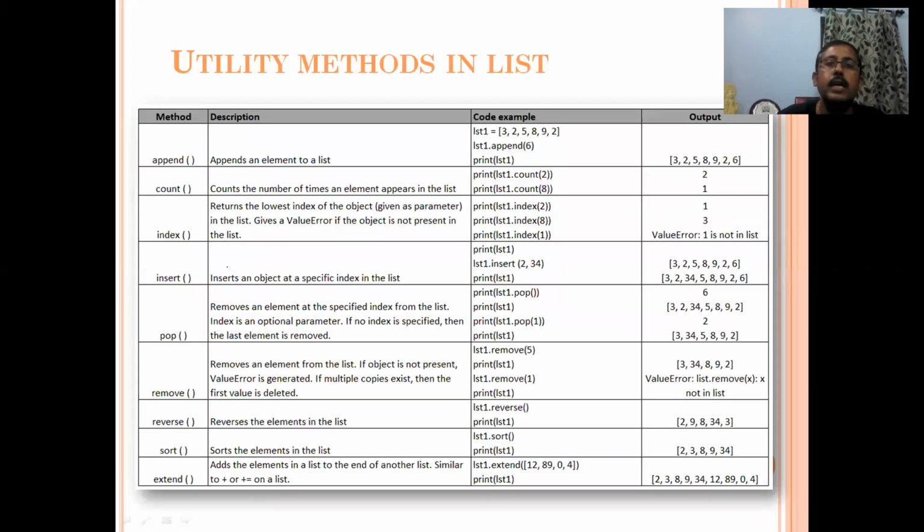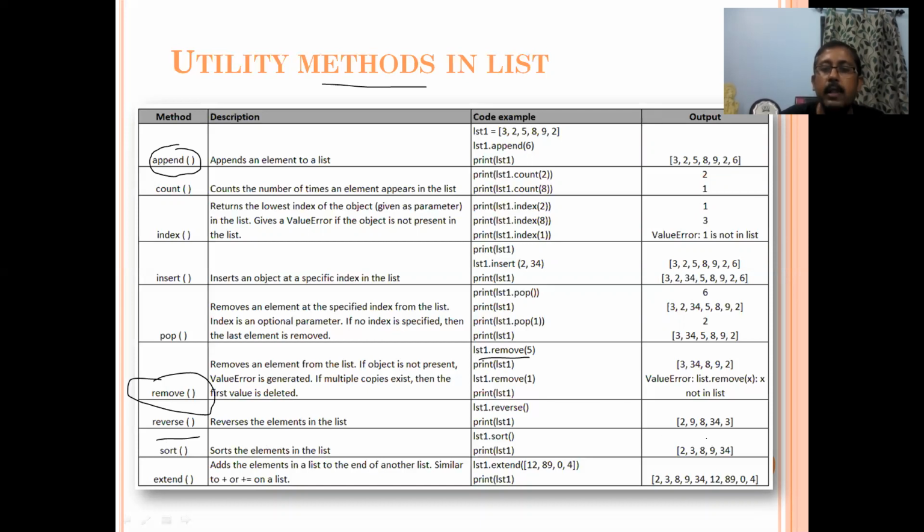Like this, we have a set of utility methods or functions in a list. We have seen some of them, like append. We have already seen how to use append. Like that, you can use remove. If you want to remove a particular element from a list, you can do that, right? You can use the other functions like reverse.